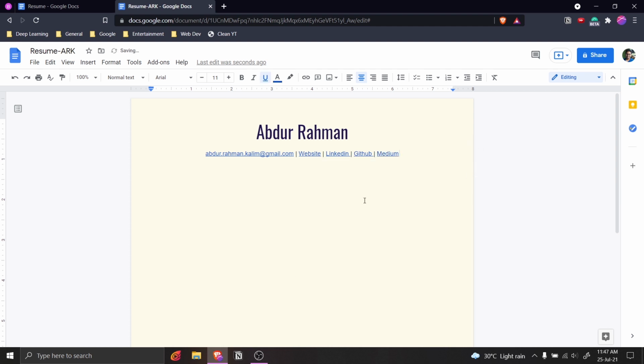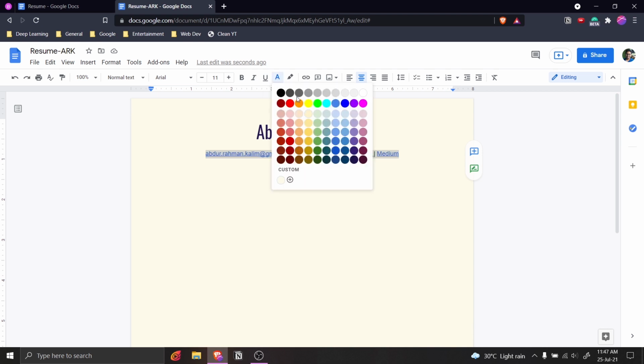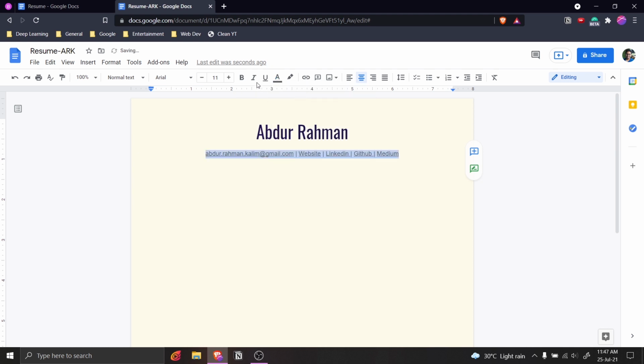Right. Now we want to change the formatting for each one of them because we don't like them to be blue color and look like a link. We want them to look nice. So for that, we can just select this, and then here we can change the text color to, let's say, this color, or let's say this color. I think this color is fine, and let's make it bold and remove the underline as well, right? So now they look better and they're still links. Okay.